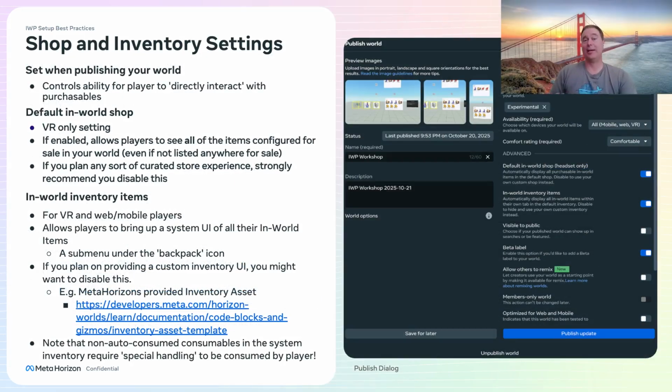Right, so that's all about how to create items. Eventually, you're going to publish your world, and I just wanted to quickly touch on how you can adjust a few things about how people interact with your items in your published world, and that's in the published world settings. There are these two items here: the default in-world shop and the in-world inventory items. The first one, the default in-world shop, is only for VR, but if it's enabled, VR users can see every item you have configured for sale in your world, even if you don't have it in any shop gizmo or